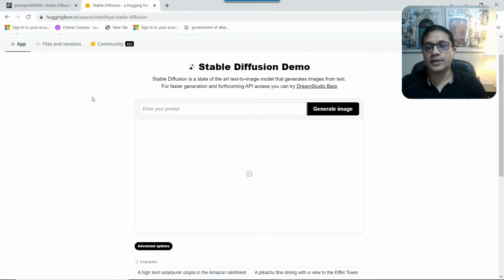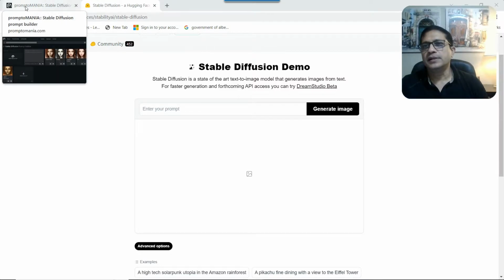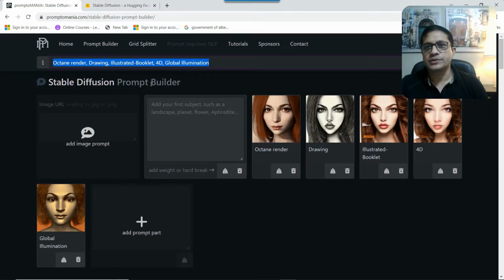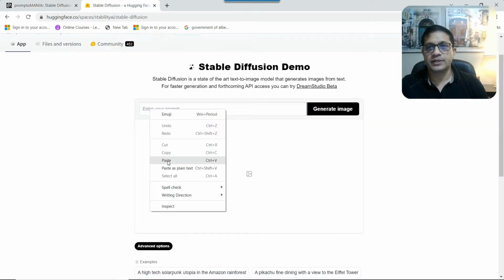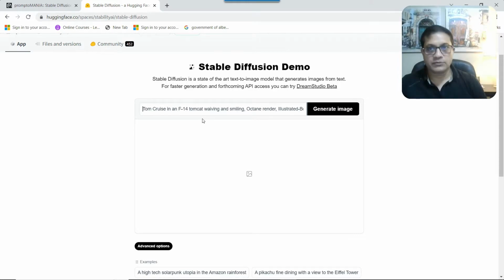Okay, so as always, you enter your prompt and start generating an image. As simple as that. I do have a prompt that I generated, by the way, using a free prompt generator for Stable Diffusion called the Stable Diffusion Prompt Builder by Prompt Mania. I'll have the link in the description as well, so you can access that and start creating your own prompt. But nonetheless, I created my prompt, and what it reads is: Tom Cruise in an F-14 Tomcat waving and smiling, Octane render,